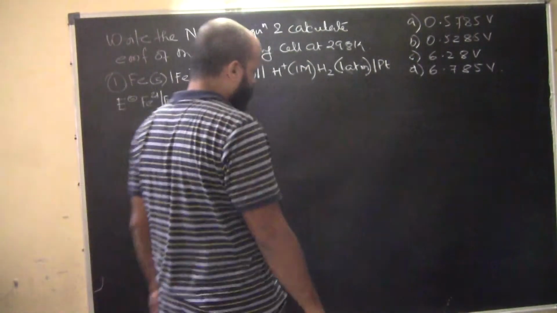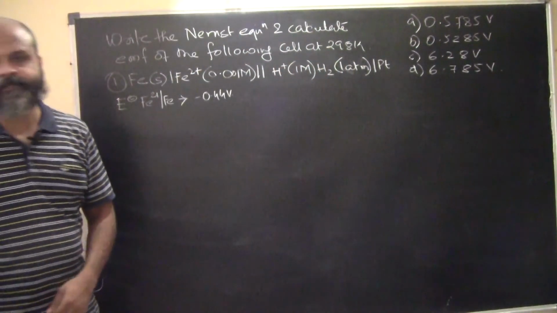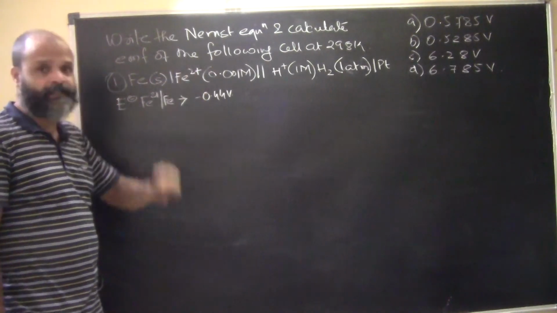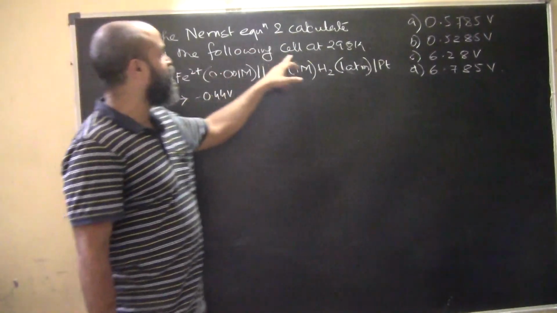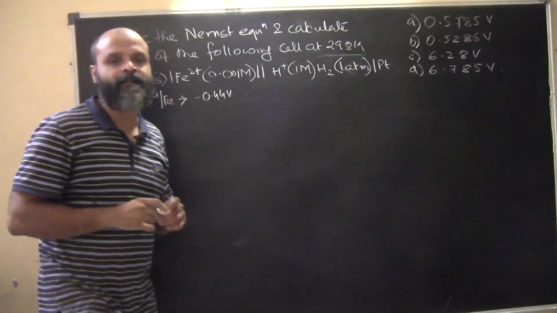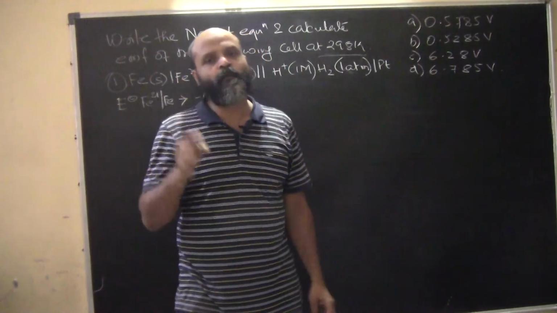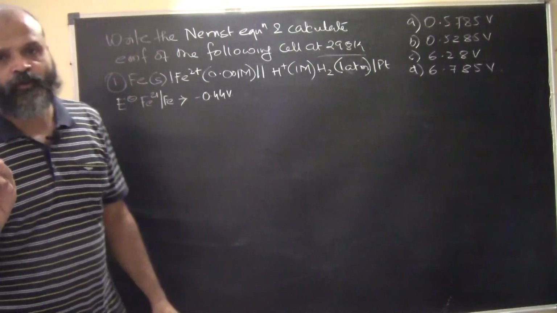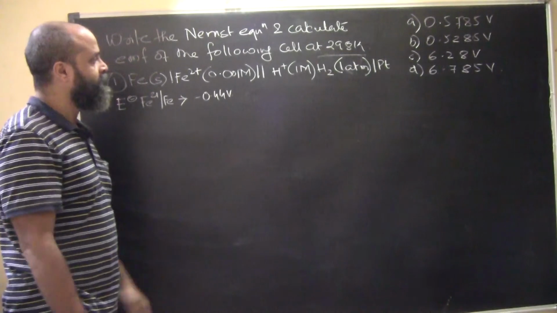Okay, so we are going to follow with another example of the Nernst equation. Look at this electrode, and we have been given a question and those are the options. Write the Nernst equation and calculate the EMF of the following cell at 298 Kelvin. The moment we get 298 Kelvin, we know that our calculation becomes a little easier, because we do not have to go to that 2.303 RT upon nF format. We can just write 0.0591 upon whatever the n part will be.